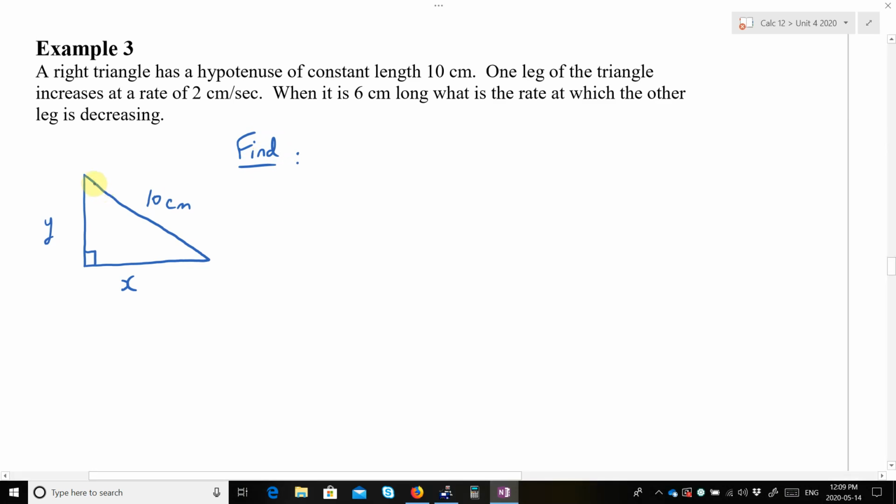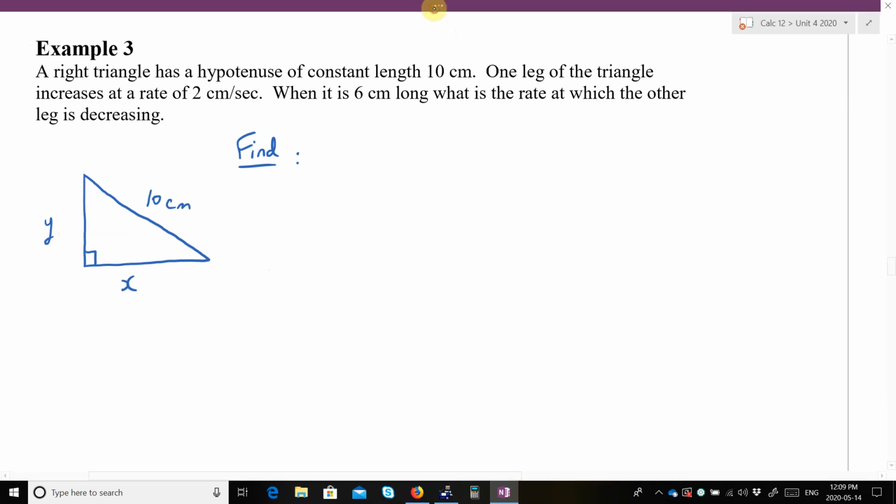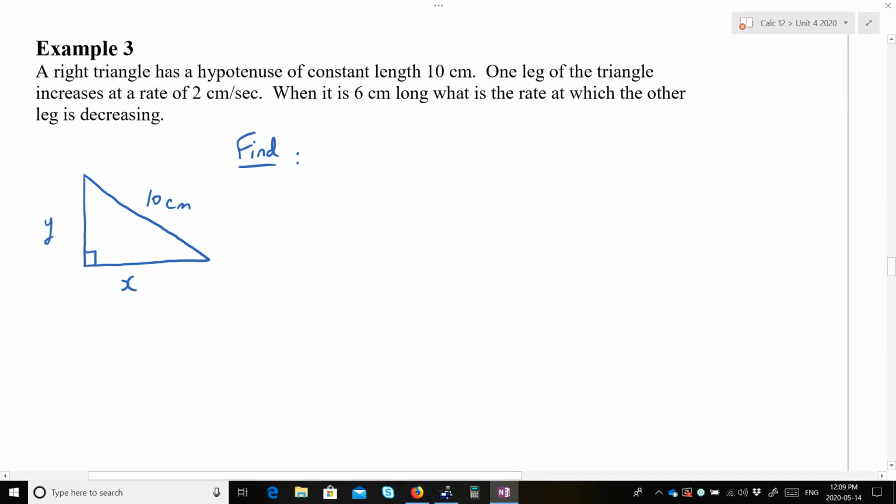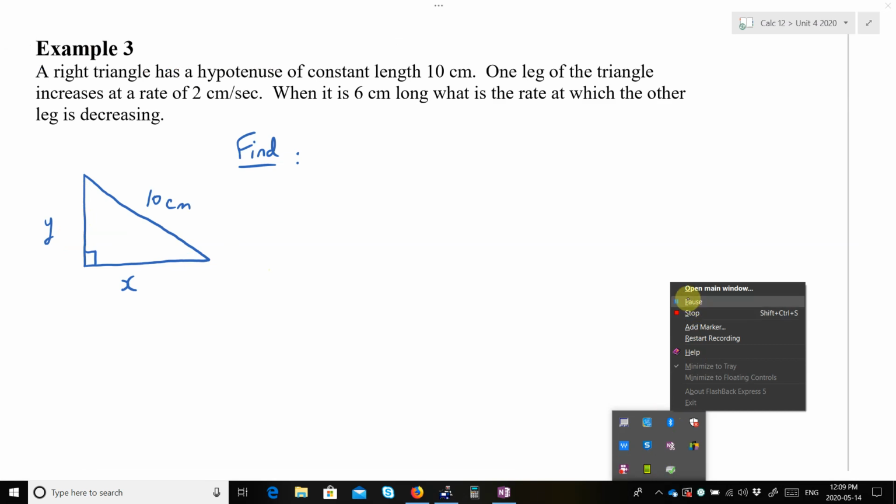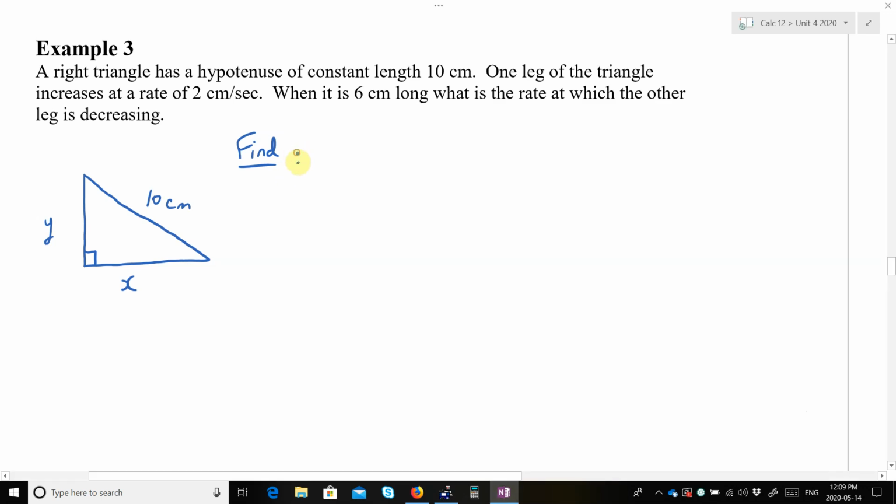And let's say, guys, that the y leg is increasing, so that we're bringing this point down like that, and then the hypotenuse stretches out more like this so that the x increases. Okay,